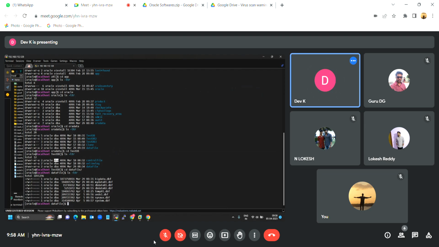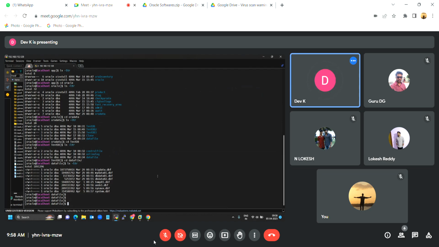Okay, Oracle is the owner of this control file directory, and the DBA group is using this control file. The same way for files also. Okay, so this is how we will go and look into the directory structure where all the files are